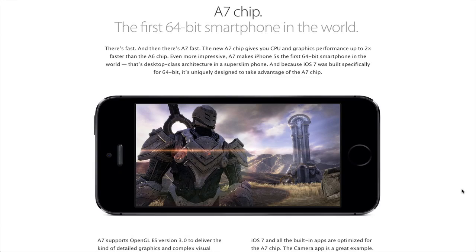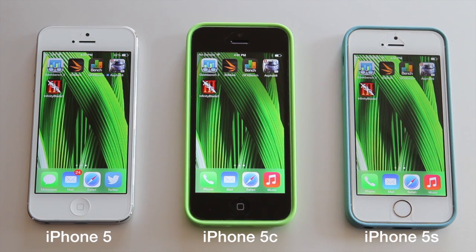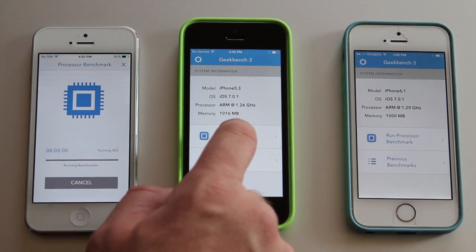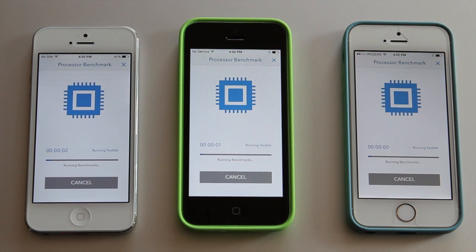The iPhone 5S sports the new A7 chip, which should make it faster than any of the previous iPhones, including the new iPhone 5C. So let's put the phones to the test to see which is faster and if there really is a difference. Now, although the iPhone 5 and 5C are sporting basically the same internals, I'm going to compare the 5, the 5C, and the 5S just to be fair, and to make sure the 5 and 5C are fairly close. So let's start by taking a look at the Geekbench scores, which measure the processor and the